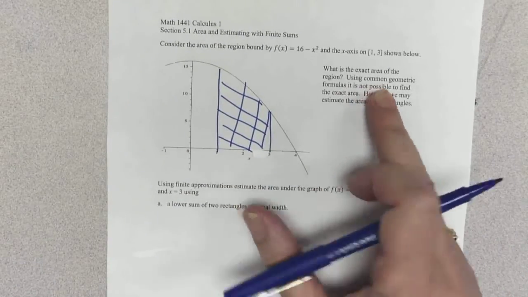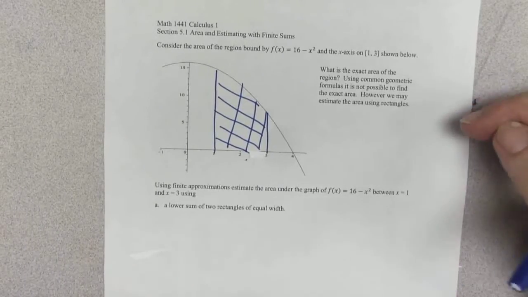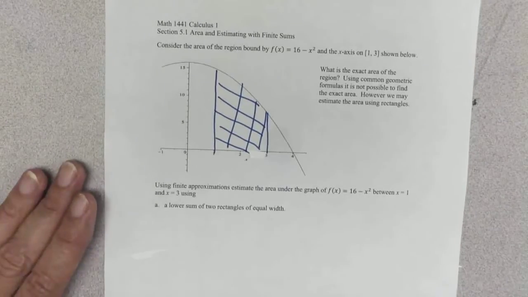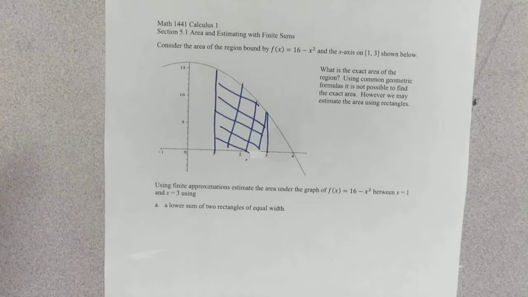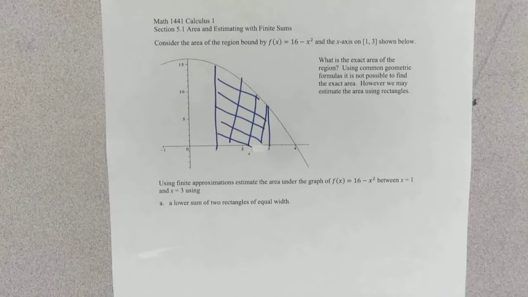Okay, and then it says, using common geometric formulas, it is not possible to find the exact area. However, we may estimate the area using rectangles. So that's what we're going to do. We're going to try to come up with an estimation. It says, using finite approximations, so all that means is a limited number, estimate the area underneath the graph of f of x equals 16 minus x squared between 1 and 3 using a lower sum of two rectangles